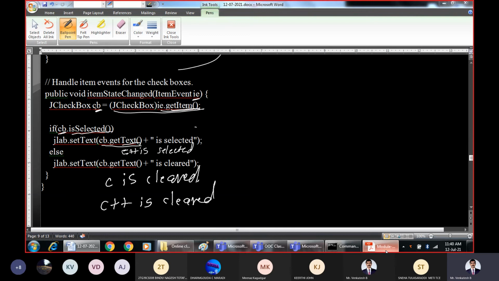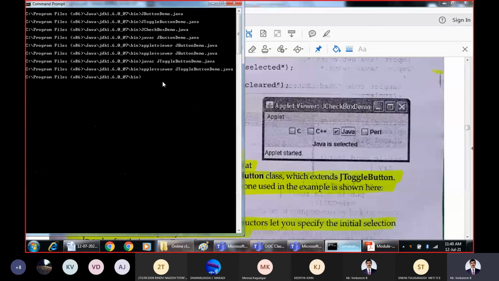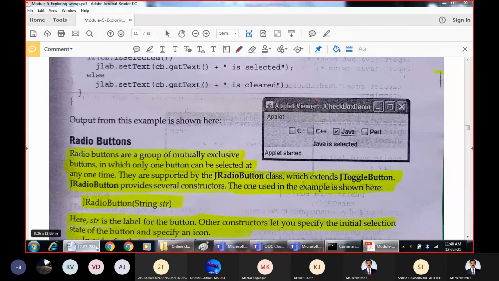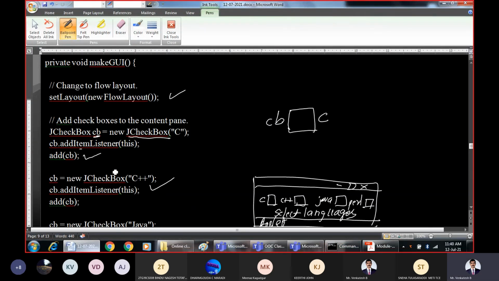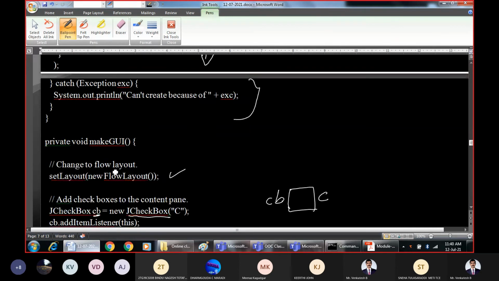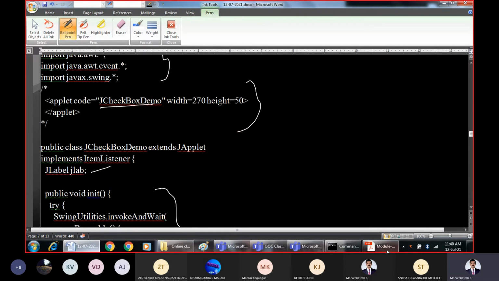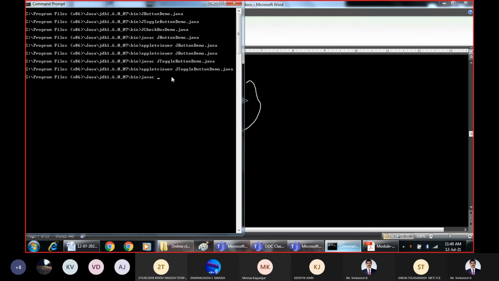So let us see the demonstration for this. The name of the class is JCheckboxDemo. JCheckboxDemo.java. Right, make it of applet viewer.